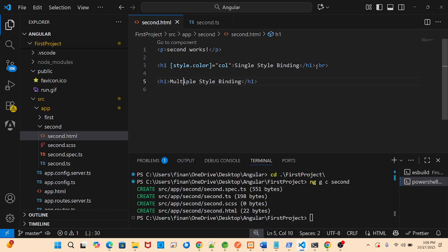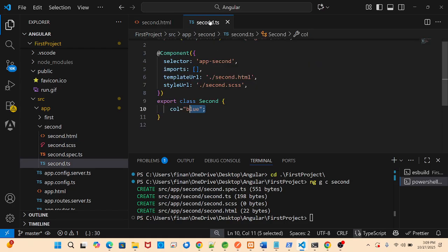What was the syntax for multiple style binding? It's the same, here we only write style, but don't put the property name, because if I put a property, it will look for that single property only. So here in the TS file,